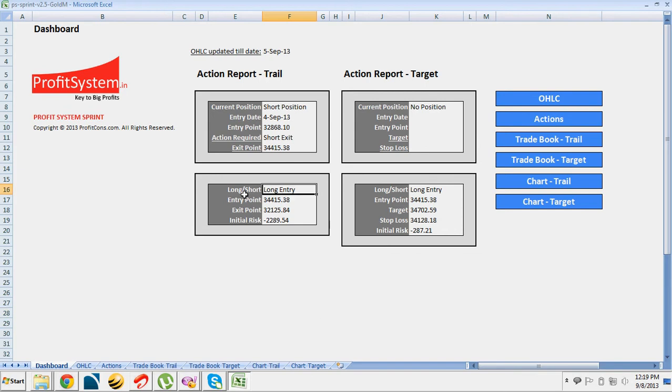In this case, you can see here the long or short and it is showing long entry. The entry point that you need to look at is 34,415.38. Exit point you can see here 32,125 and the initial risk minus 2,289.54. Now what you need to do is just note this 34,415.